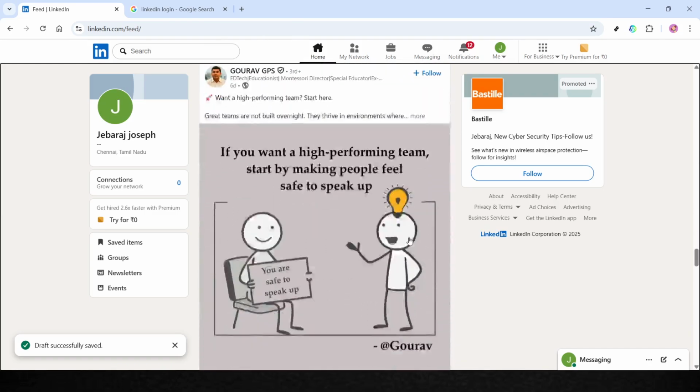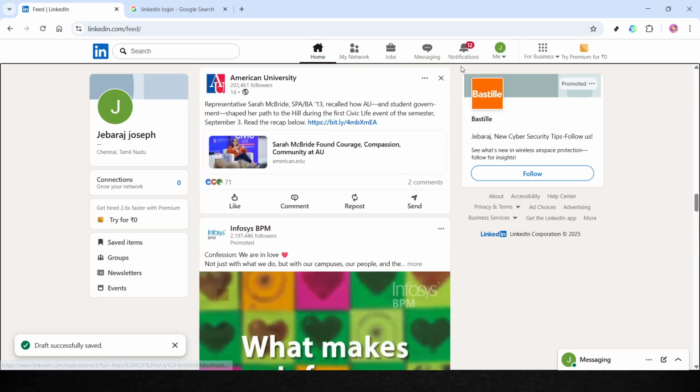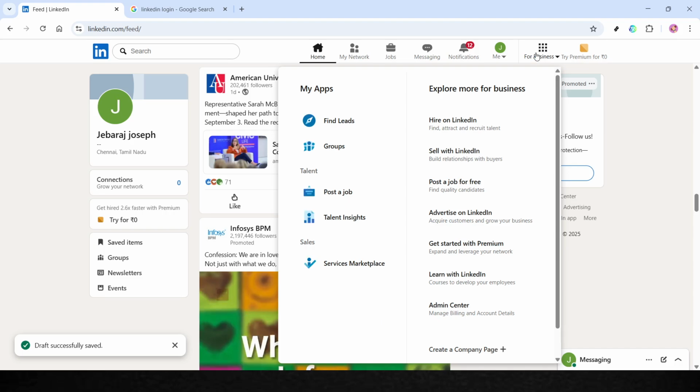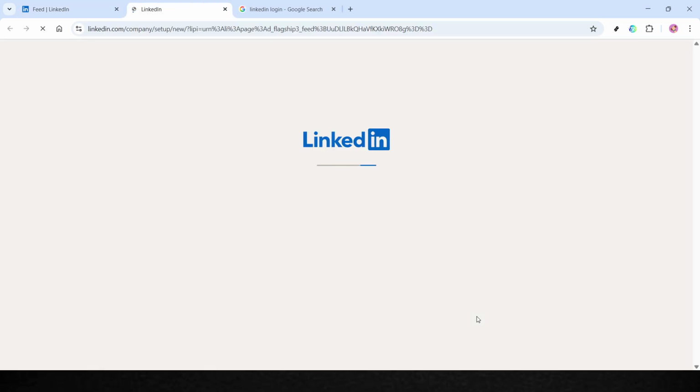Now that you're on your LinkedIn homepage, you'll want to locate the For Business icon. It's situated at the top right corner and appears as a grid icon. A quick click on this grid icon will open up a drop-down menu that hosts a variety of LinkedIn's business features. From this menu, look for and select the Create a Company Page option, which will then initiate the setup